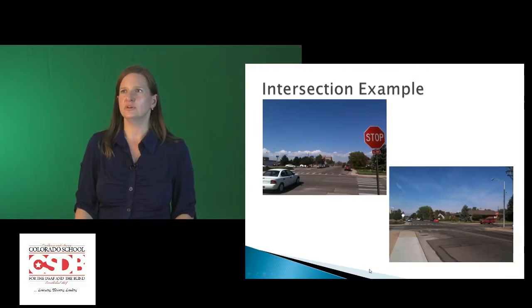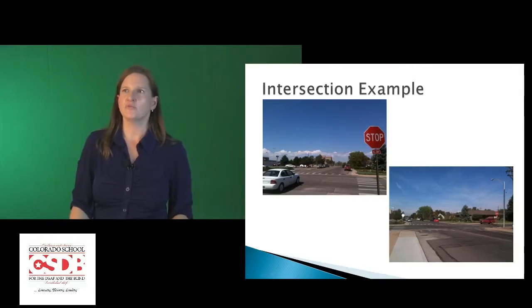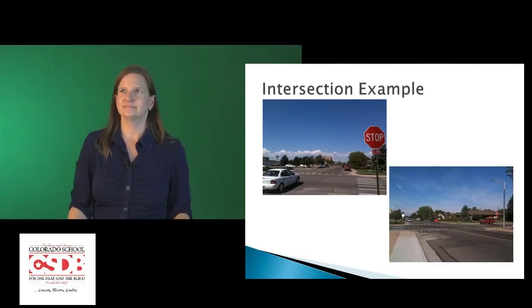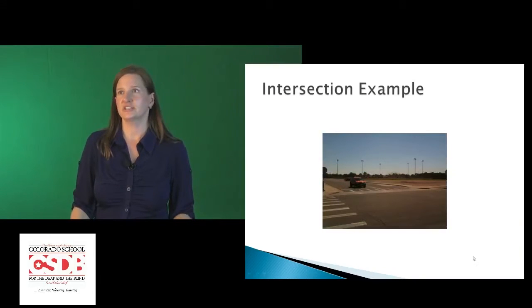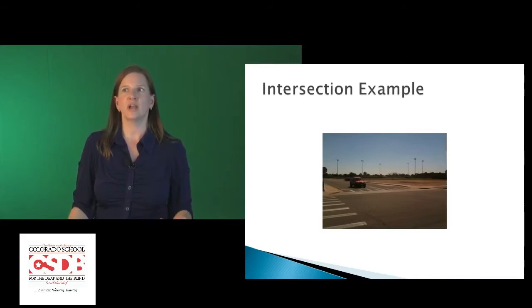In this example, it is a four-way stop sign. I know you can't see all four stop signs, but you can see that there are at least two, and that you do see the crosswalks here. There's another photo here of the same intersection. And it does show crosswalks, it shows the sidewalks, but you can see there is a lot of varying terrain just off the sidewalks. For example, this empty dirt field.